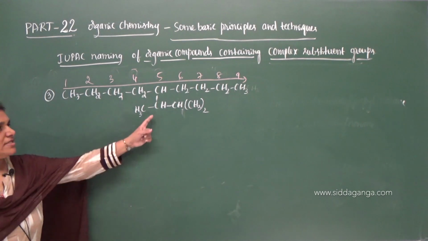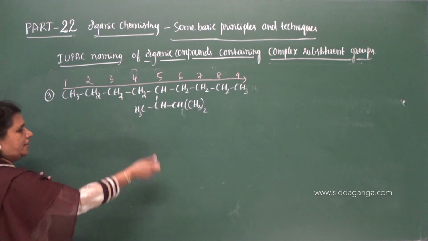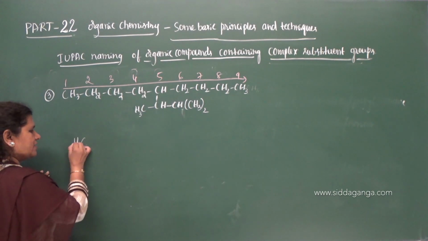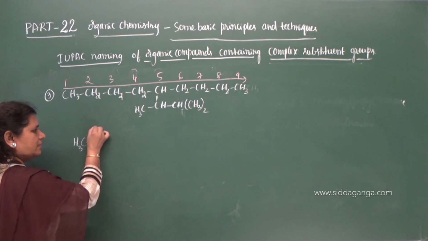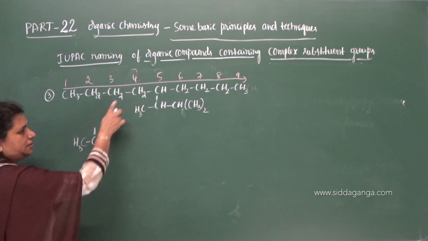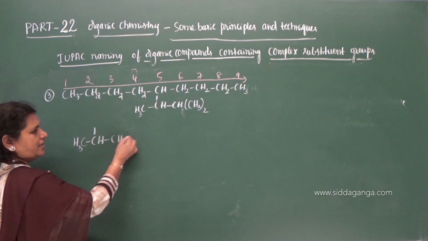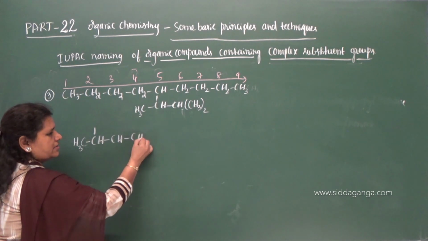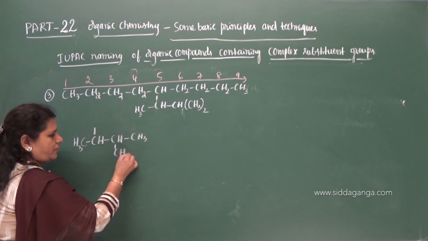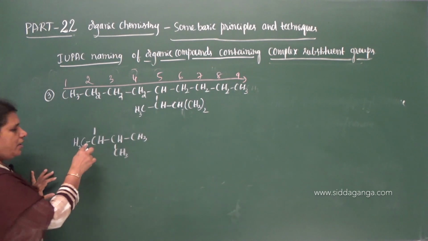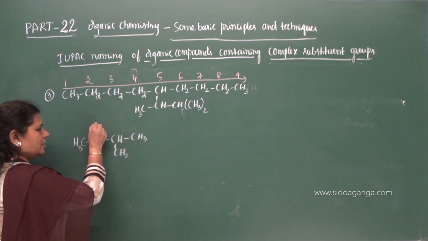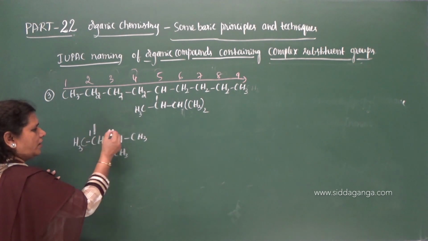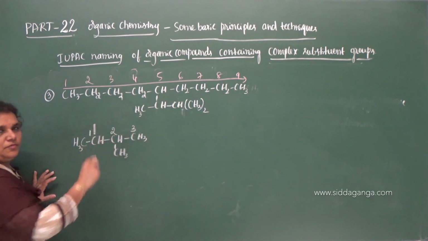Now this is the substituent group. Split and write this. What is the substituent group that we have here? So here we have CH3, CH, this bond is bonded to the main chain, and this is CH, CH3 taken twice, which means this belongs to this. This is CH3 and CH3. You need to write like this. Now give the number 1 to the carbon which gets attached to the main chain of the root alkane. 1, 2, 3.